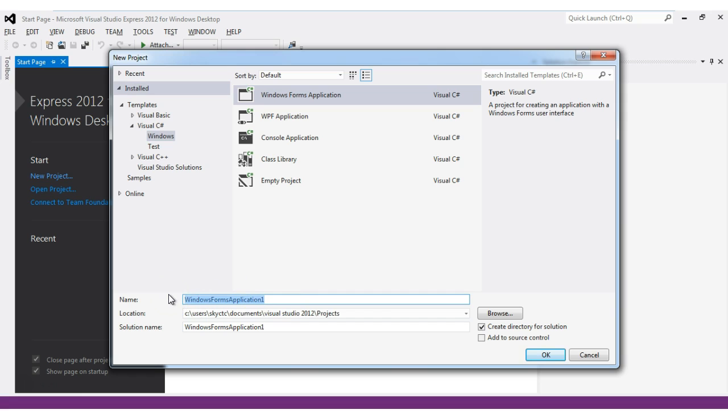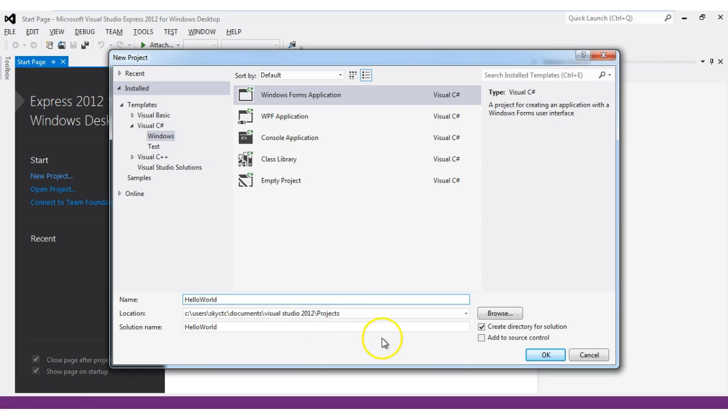So I want to create a Windows Forms application, and my first application here is just simply going to be Hello World. So I'm going to give it a name, and you'll notice by default the location where these get stored is going to be under the users, your user account, Documents, Visual Studio 2012, and then Projects. This is where they get saved by default. If you're using your computer, great. If you're using somebody else's, you may want to change this to your flash drive by clicking Browse and going to your flash drive instead, or wherever you want to store it. I want to make sure that I rename it immediately, because if I don't name it here, then I have to go through a few other steps to rename it later. So I'm going to call this Hello World,